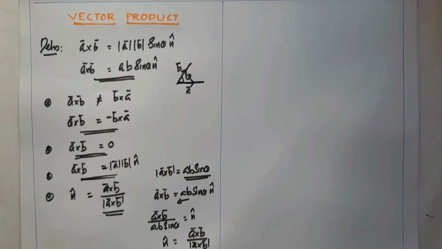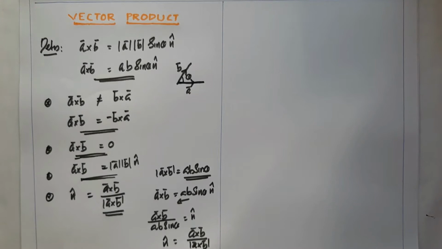n cap is equal to A cross B divided by modulus of A cross B. A unit vector perpendicular to both vector A and vector B is n cap is equal to A cross B divided by, you already know a unit vector in the direction of any single vector, the answer is that vector A divided by mod A. A unit vector perpendicular to two vectors, the formula is n cap is equal to A cross B divided by mod A cross B. There are two different formulas.